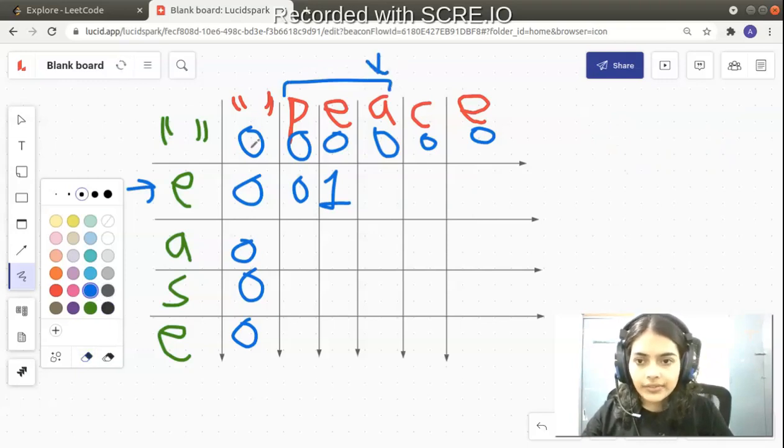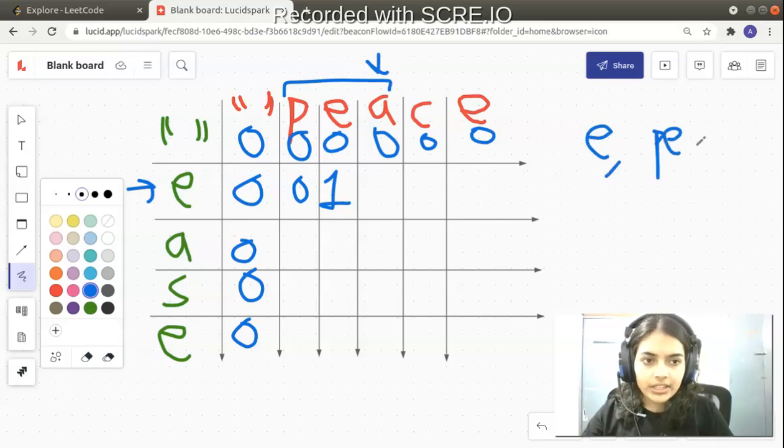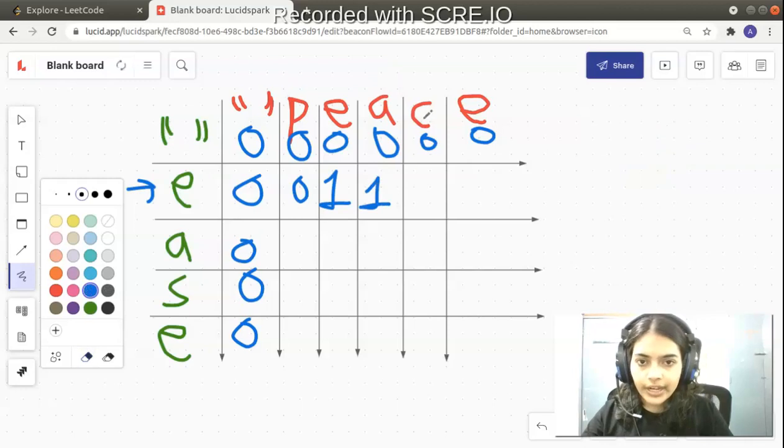Next we are filling this particular row and this particular column. Now you have the E string first and you have another string PEA. Between these two, is there any character in common? As you would have noticed, you have the character E and E common, so you have one character in common between both of them, and you can fill one there and go forward. Let's go over to the next column, this row and this column marked with the blue arrow.